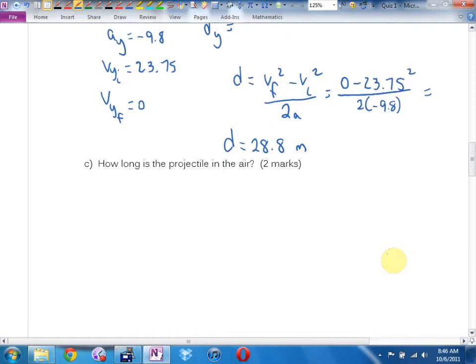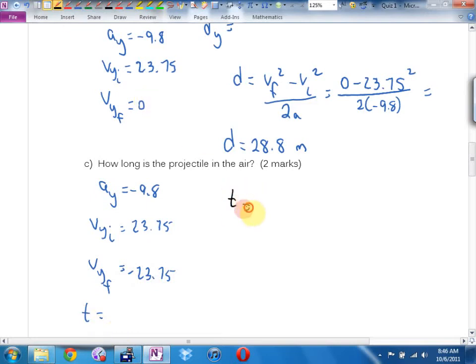How long is the projectile in the air? So I know that AY is negative 9.8. I know that VY initial is 23.75. I know one more thing. If I'm starting on the ground and ending on the ground, I know the final vertical velocity. It's negative 23.75, and I can find T. T is going to be